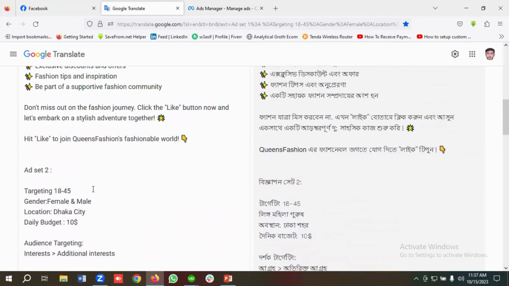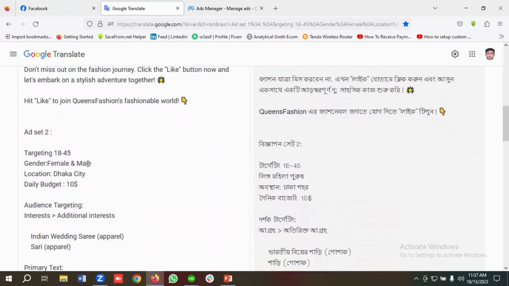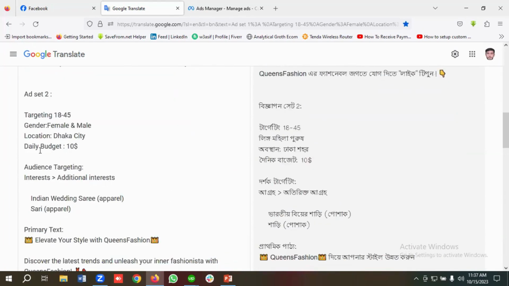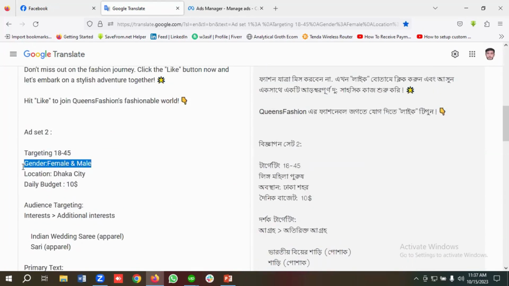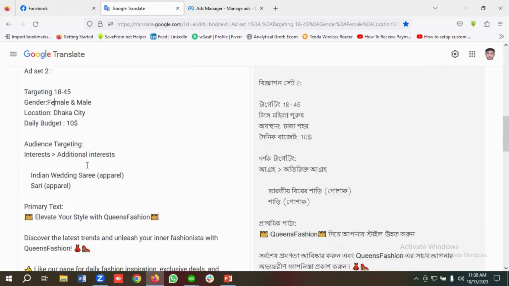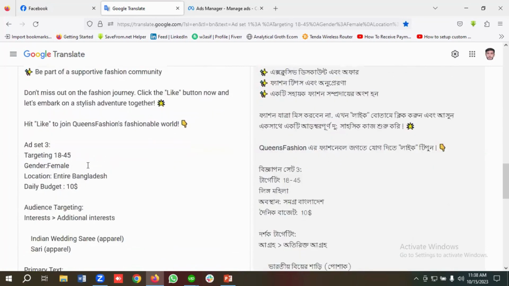If you see ad set 2, I'll keep everything the same other than the gender targeting. You can see over here at ad set 1, we are targeting only female, but at ad set 2, we are targeting female and male. This is the only change I'm making at ad set 2, and all the things will remain the same. Okay, perfect. Then if I scroll down a little bit,